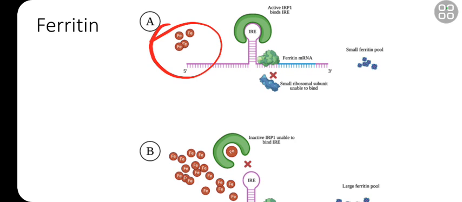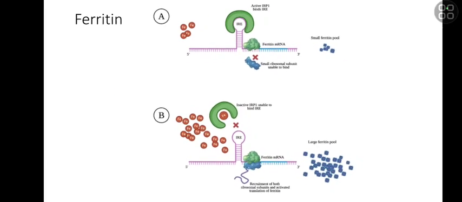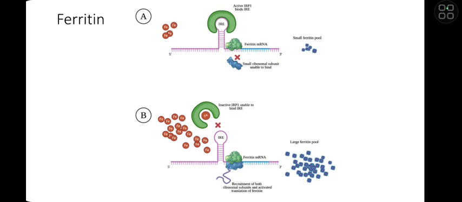So when a small amount of iron is present, the IRE will be bound by the IRP, which is a repressor protein, so that no synthesis of ferritin happens. But when the iron is excess in our body,